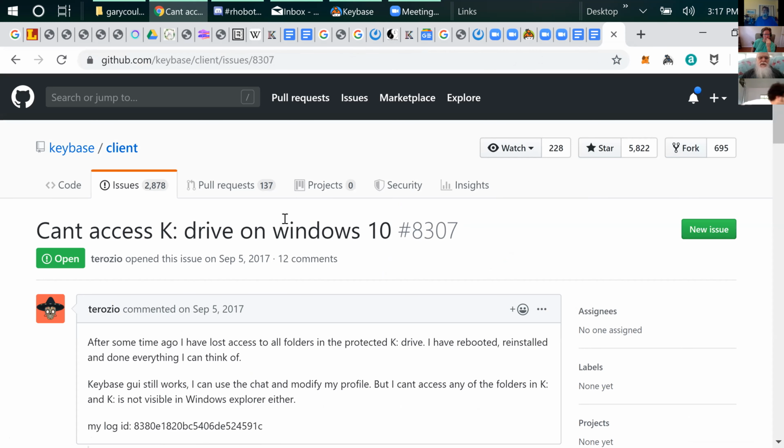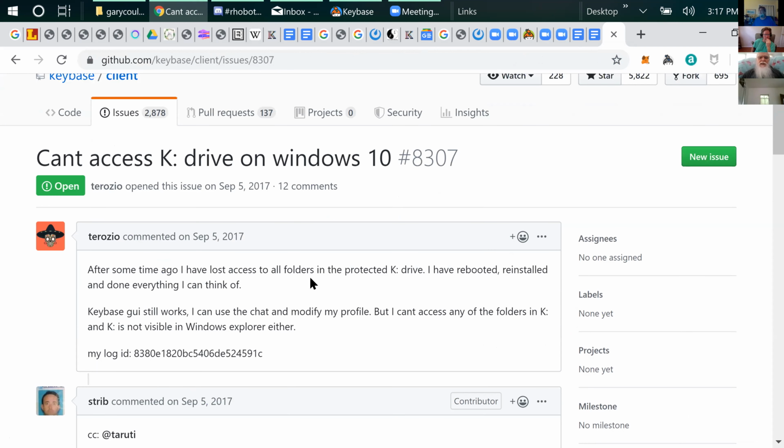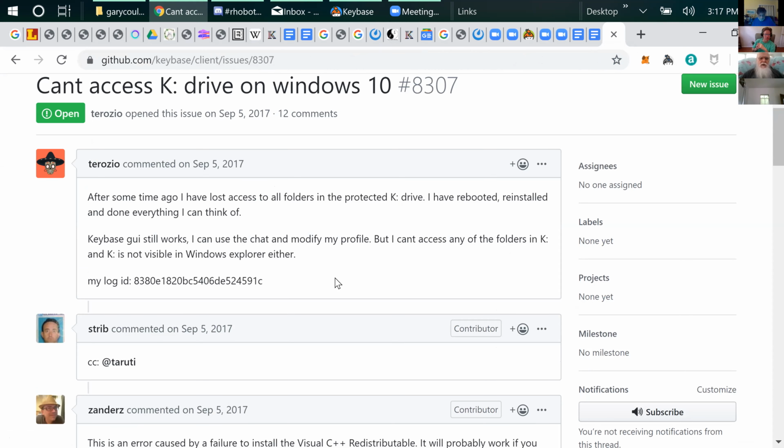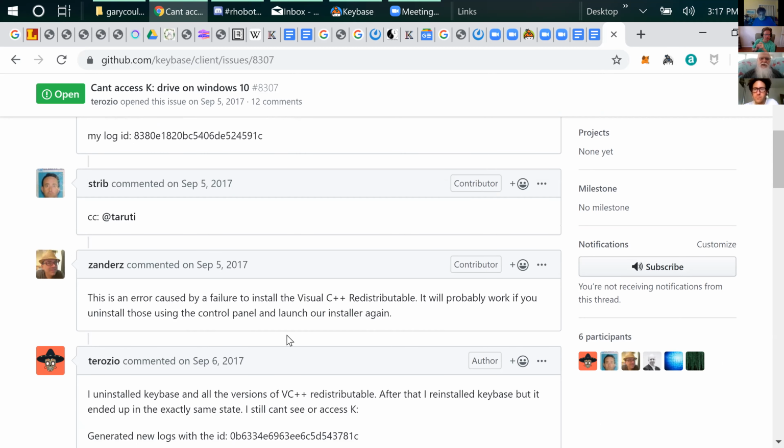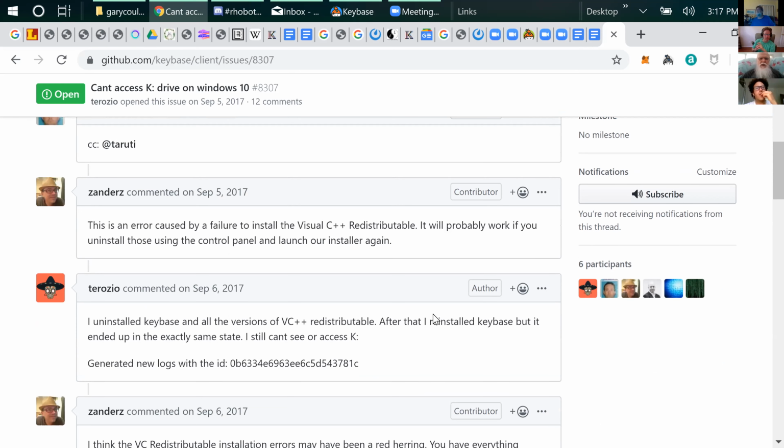It says, some time ago I have lost access to all folders in the protected K drive. I have rebooted, reinstalled, and done everything I can think of. Keybase GUI still works. I can use chat and modify but I can't see any of the K folders. It's not visible in the Windows Explorer either. Okay, it says, this is an error caused by failure to install the Visual C++ redistributable. Will probably work if you